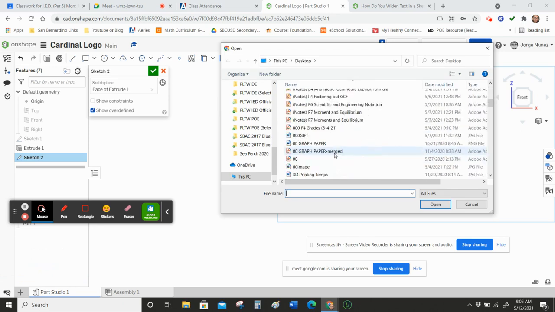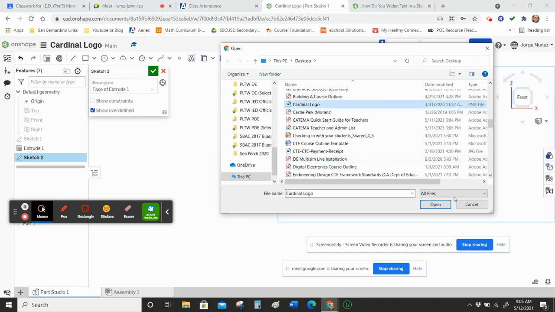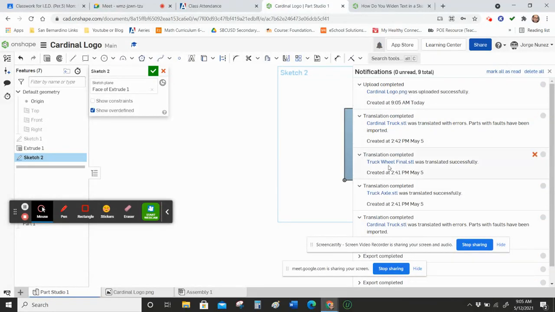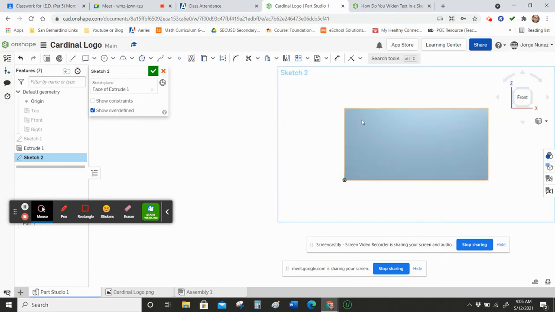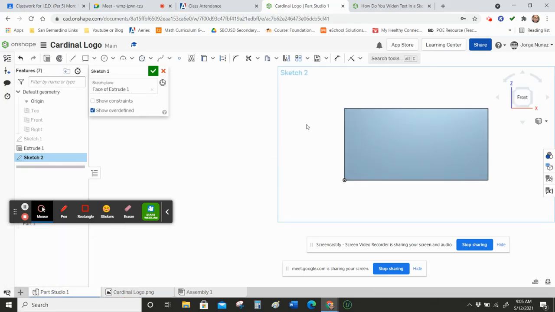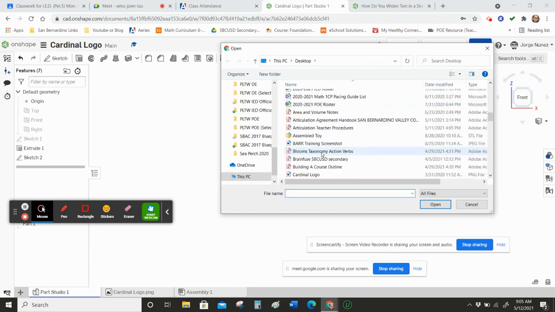a picture. On my desktop, I have a picture. I think I called it Cardinal logo. There we go. If I click on Cardinal logo, it'll upload it. And then you can set it down wherever you would like to have that Cardinal logo. Oops, so it has cardinal logo.png. All right, so it gave it to me in a different part. So let me try this again. Let me not be in sketch mode this time,